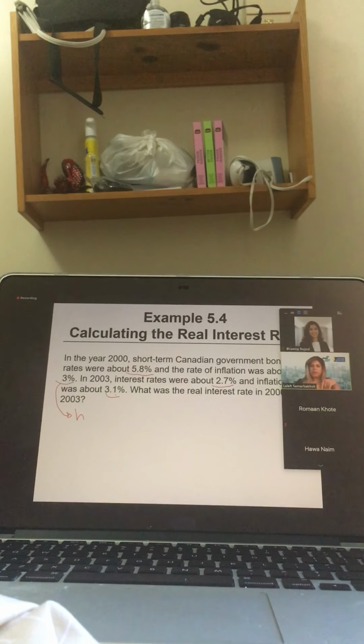First, you read the question. As soon as you see the words real interest rate, you see that the rate you were given, because it didn't identify real, must be my nominal. Because the question is asking for real, this is my capital R. And then the question is asking to find real, which is small r. And this question has just repeated information, 2000 and 2003.